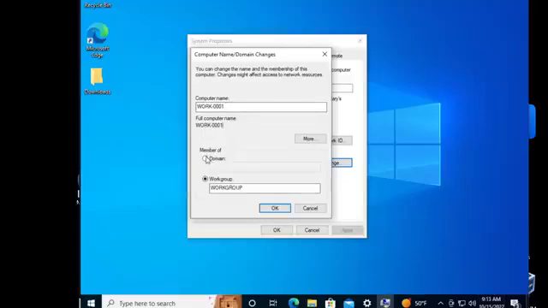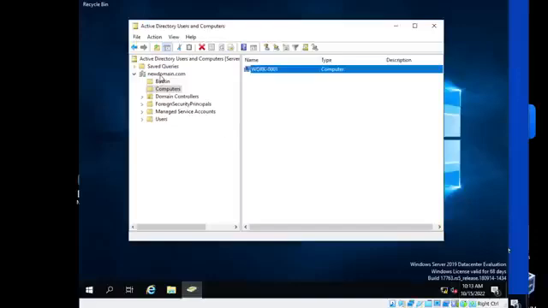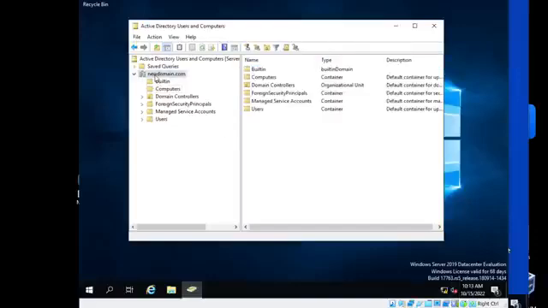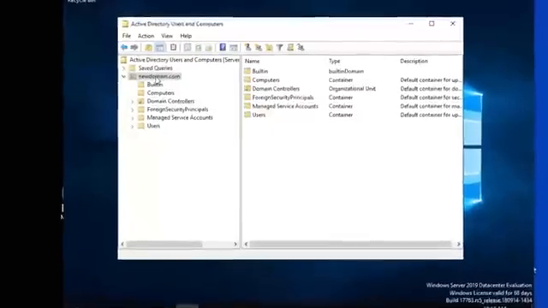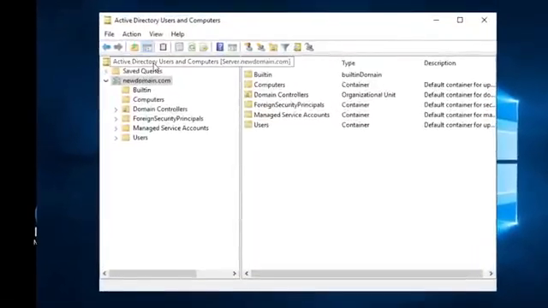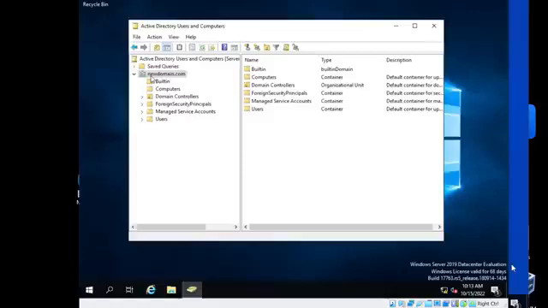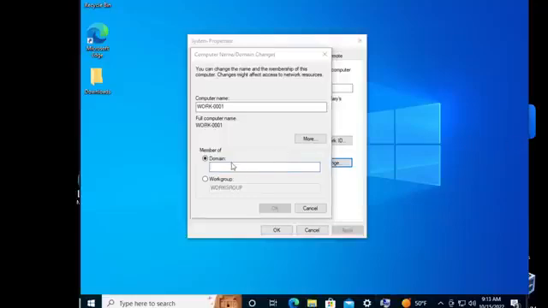And down here, we have to change the Member of, meaning we want to make it a member of a domain. Member of domain. So what do I type in here? Well, we're going to have to type in the name of the domain. So remember, we talked about this. A domain is basically like a country, and everything within that country, within that domain, is being controlled by that domain, regardless of which aspects are present there. In this case, the aspect of control is Active Directory Users and Computers. So in this case, we need to add the computer to the newdomain.com. So this is what we're going to have to type in,